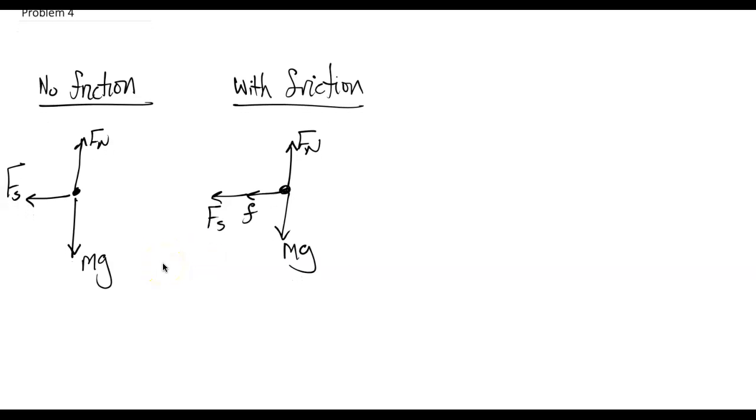Problem 4, we consider two cases. When the air glider is turned on, that means there's air going, which means there's almost no friction. And when the glider is off, that means we have some friction. If we consider a distance d that the glider moves, then the work done is going to equal